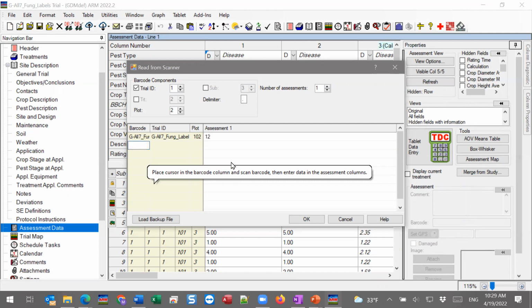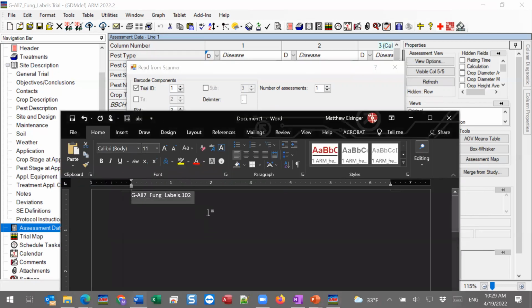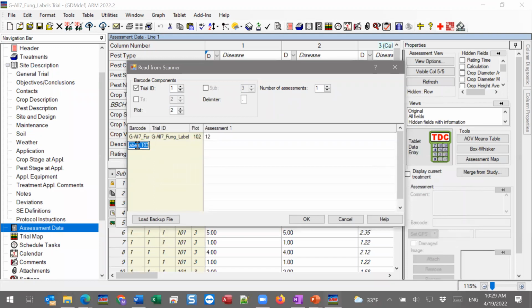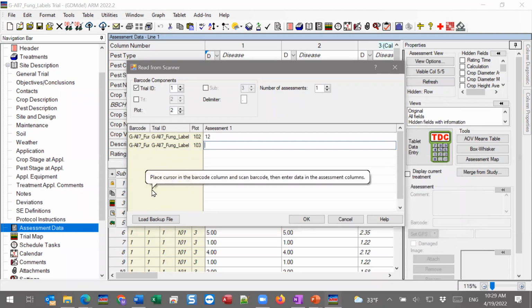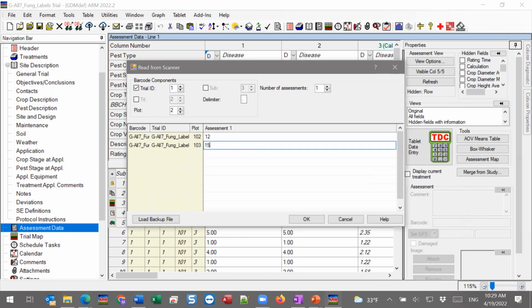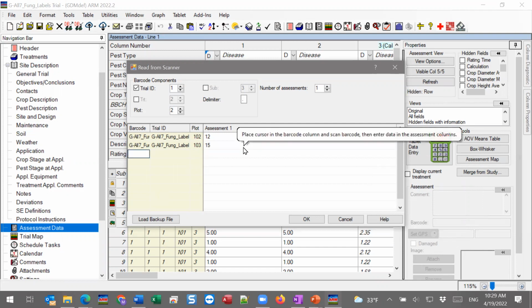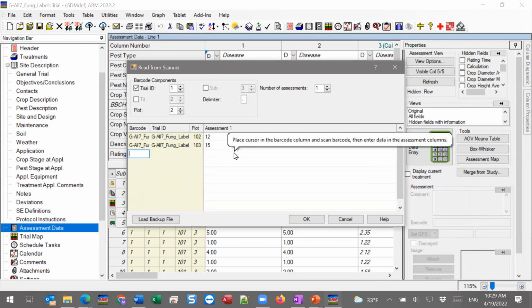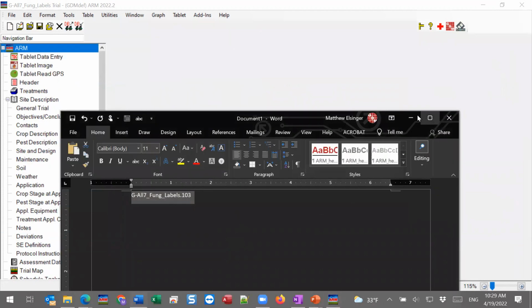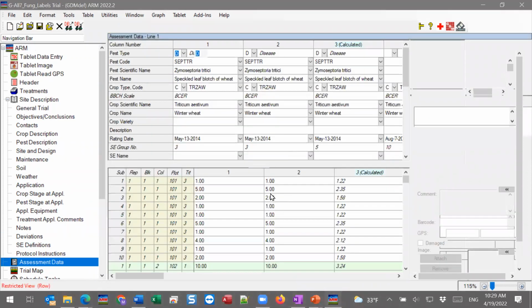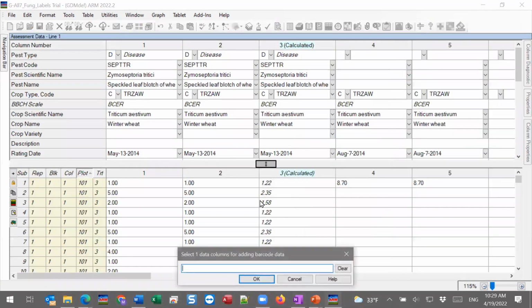I'll hit enter. Then I would scan again and I'll just cheat and say, all right, this is going to be plot 103. Again, this is the equivalent to scanning in the barcode, and it'll find plot 103 and put in 15. And so you can continue to scan your barcode, type in your assessment, scan the barcode, create your assessment. And then now when we say okay, it should put that into